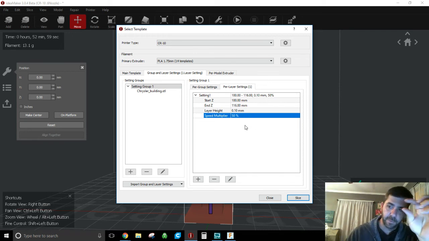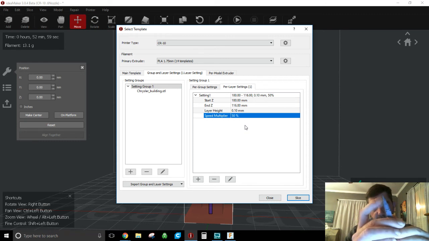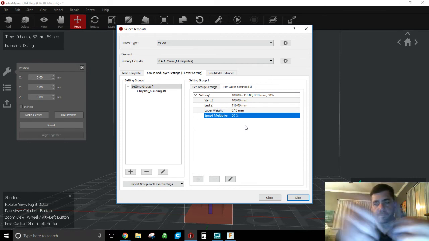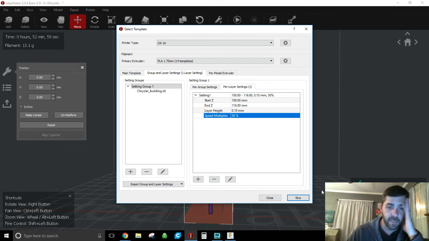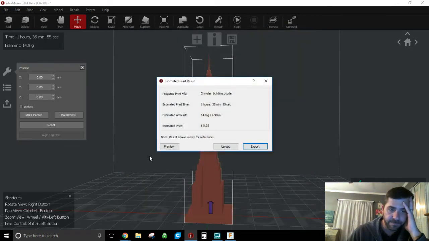So the top 20-ish millimeters here, 16 in this case, I did it at 0.1, and then I slowed it way down, and it kept the detail. I was really worried it was going to be all fast and nasty, but it came out really good. So then you hit slice, go to preview,